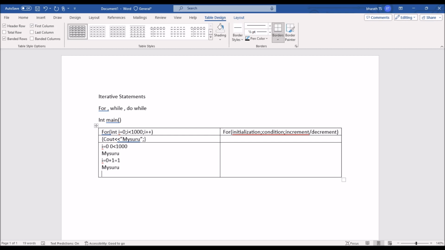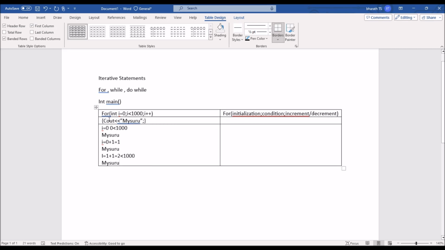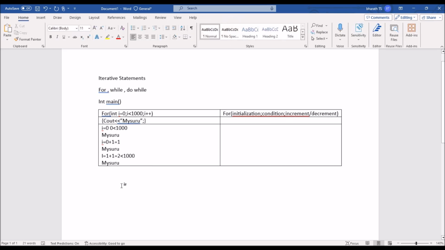Again the same thing happens: i is equal to 1 plus 1, which is 2, and 2 is less than 1000, and Mysuru gets printed here. This is how it continues until 1000 times, that is, less than 1000 means 0 to 999. So 1000 times the value gets printed here. This is how you will be writing the for loop. In the same way,